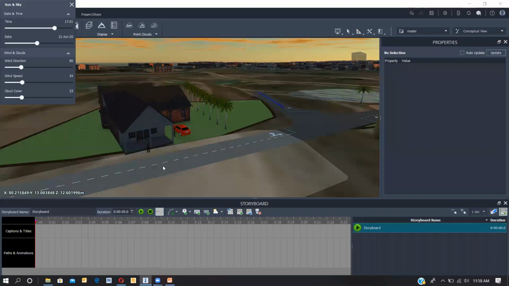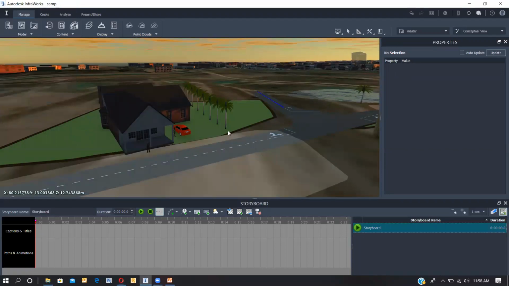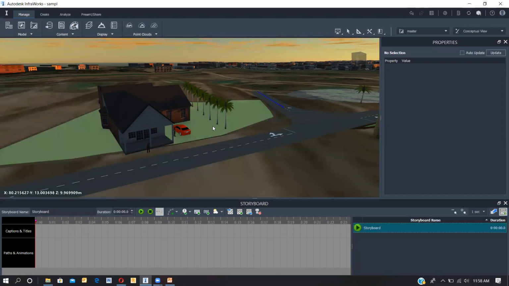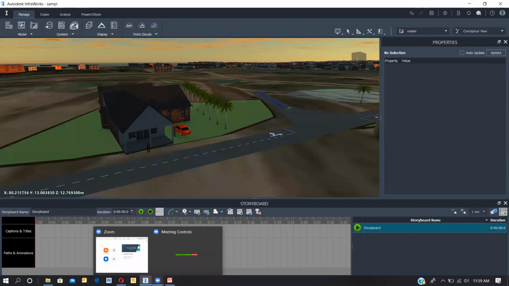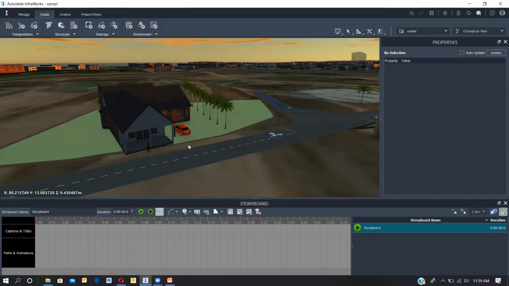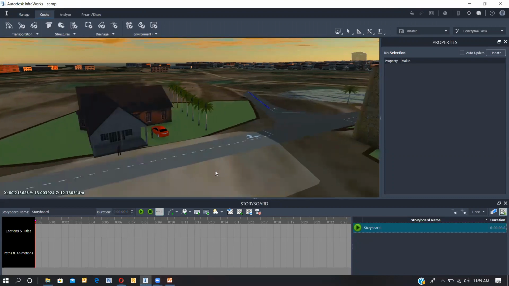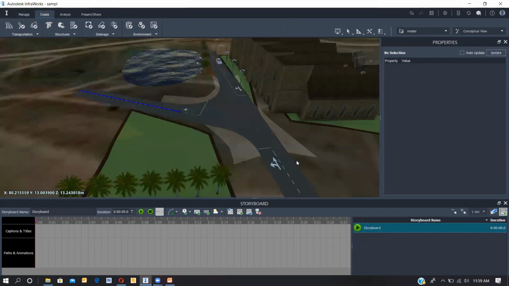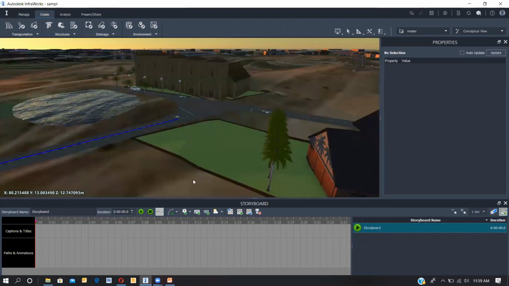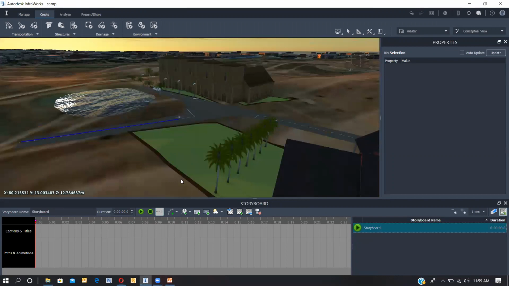So the visualization is great, right? You can bring your models directly from the modeling tool to here in InfraWorks, and you can present it in a good manner here in InfraWorks. The things are very easy to do. Experience is not required to handle a tool like InfraWorks. It's an easy tool. You can just drag and drop, like I did now. You can see the sea. You can see the view, how pleasant it is.